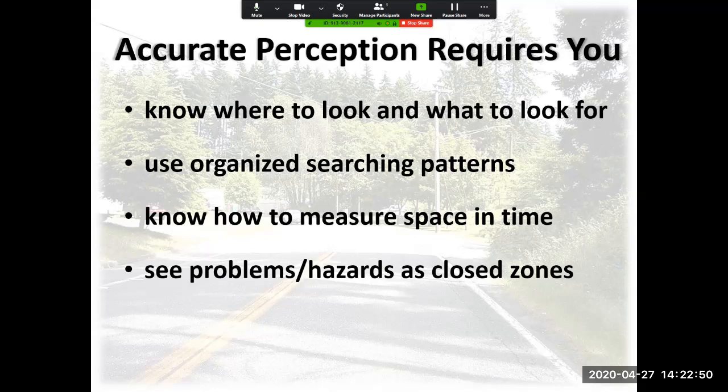Knowing space. That's going to be the biggest thing, and the hardest thing at the beginning. We're at a two-way stop sign and another car is coming, and we need to know, do we have enough space to turn out in front of them? And turning out in front of them should be that we do not slow or impede them